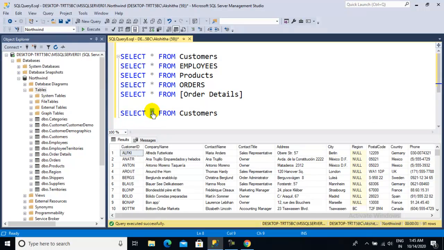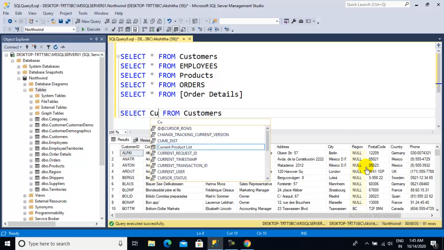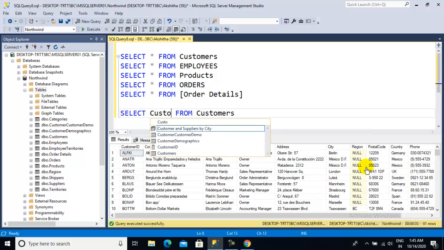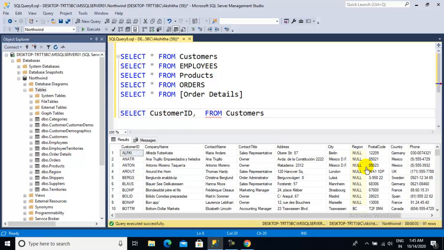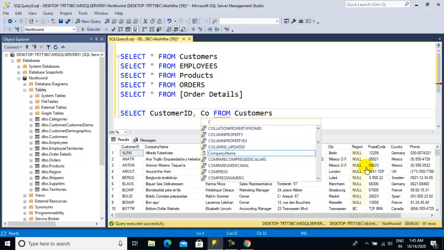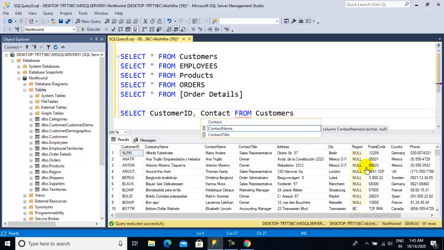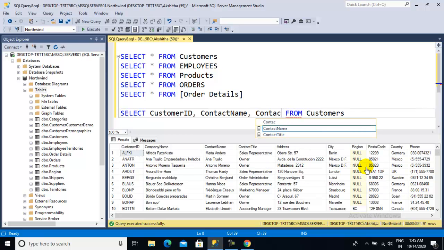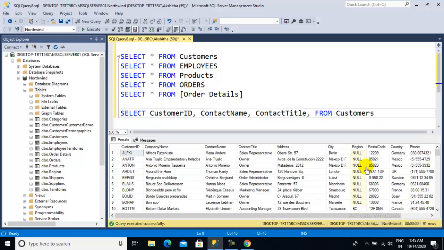In that case, you can write the column names, the field names. For example, customer ID, then a space, contact name, and contact title. Select it and press tab, and that field will come automatically.